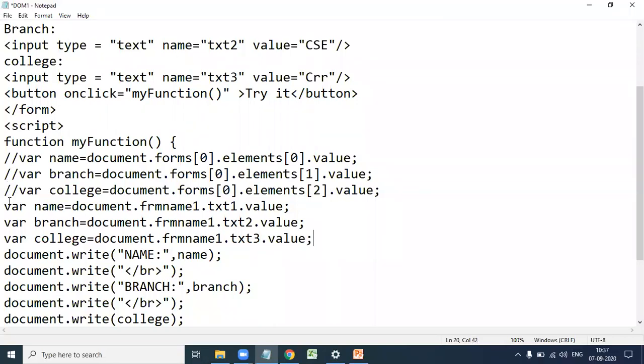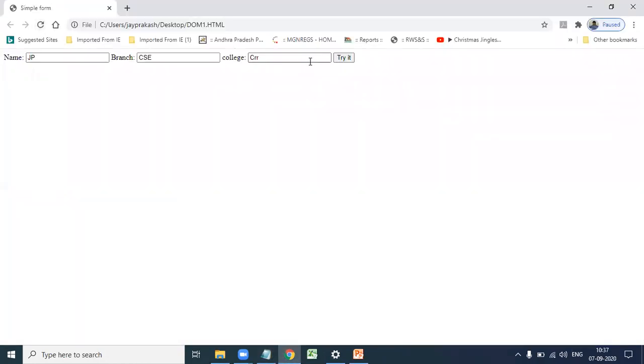So in the second method, we are accessing the element using the name attribute. In the HTML document, there is a form with the name frmname1, and in the form there is an element with the name txt1. Next, the value of that element. Let us execute this one. See here, name JP, branch CSC, CRR, same output, but a different method.